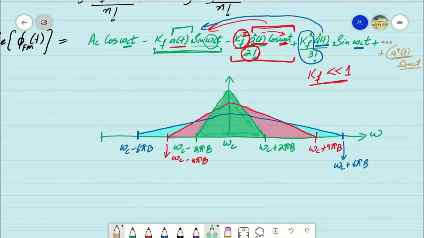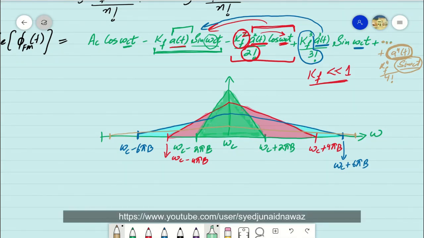So a signal of bandwidth 4 times higher compared to the bandwidth of information signal is shifted across omega ct, and it will be scaled by a very small number. So we will have more side bands here which are centered at omega c, and we will have infinite number of such side bands centered at omega c. So theoretically, from this expression and from this plot, we can see that the bandwidth of frequency modulated signals is